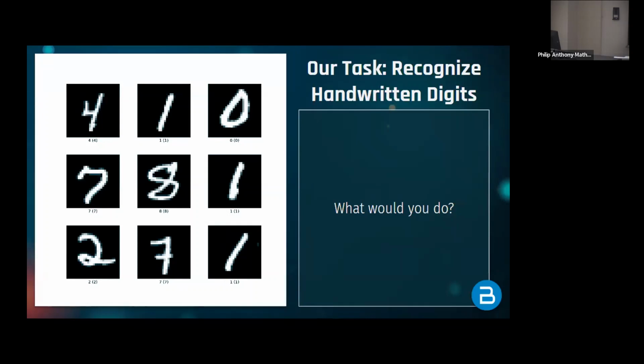What sort of characteristics would be important? For example, one thing I can say, as a motivating example: if you have some sort of vertical bar, in the case of a 4 or 1 or 7, it is very clearly not a zero, because a zero has no vertical bar.